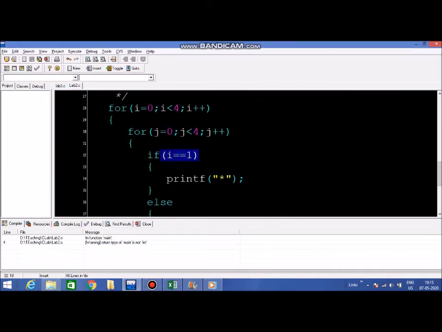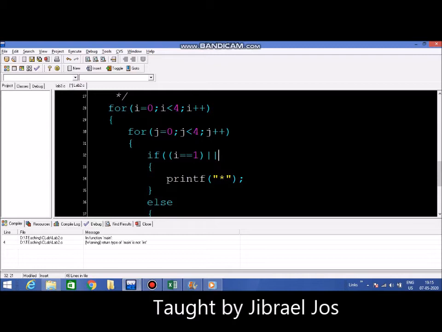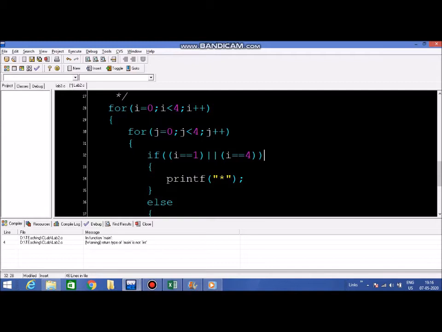Now suppose I had said when i is equal to 1 or, meaning one of the two conditions has to be true, and the English word or has to be put like this: two pipe symbols. This is found above the enter key, and we could say i is equal to 4. This is essentially as good as saying if i is equal to 1 or i is equal to 4.